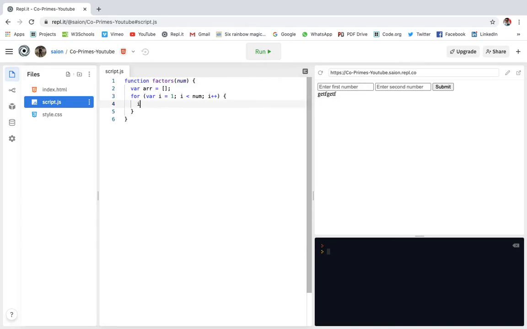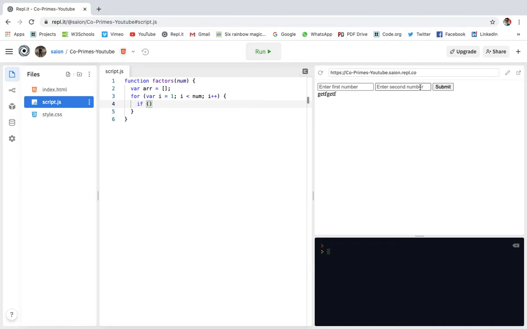We have to start it from 1 because if we want to bring out the co-primes, then 1 is the factor of every number. So the co-primes method that we will make will say that,